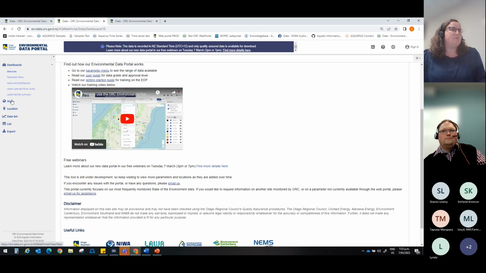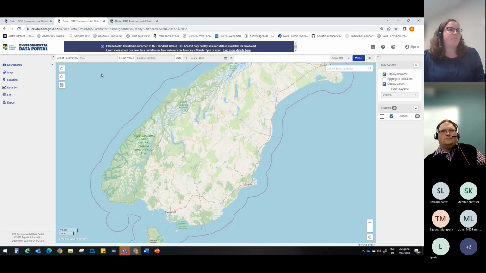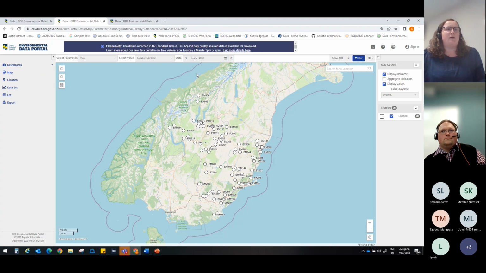So if I just jump back to the map. This is a good example. I have been messing around with the amount of data that I'm displaying, so what it's done here is it's broken the legend settings that we've got for the flow information. If this happens and you want to get back to those legends for the context around the information, then